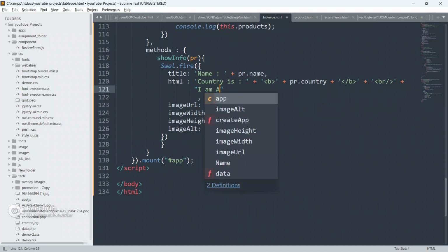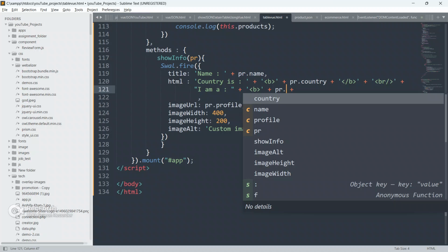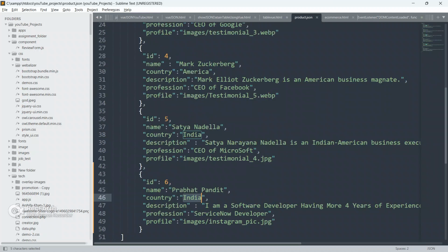So I am going to give again a profession, and put colon, and give also B for bold. First put plus, and put B, and put plus again, and I will give this pr.profession. Go here and copy the profession from here.